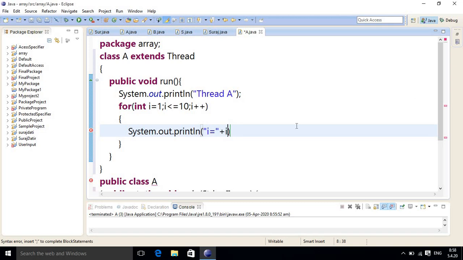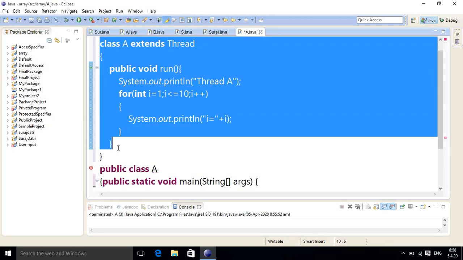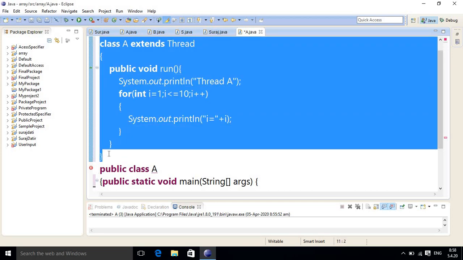Okay, so in this way you have to create more threads in the program. Here the class A coding starts from here and ends here.